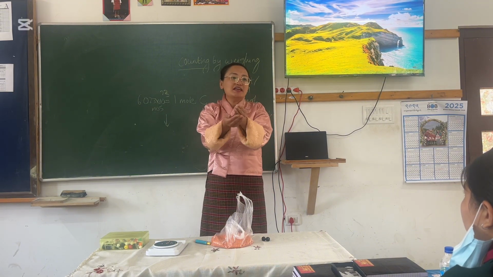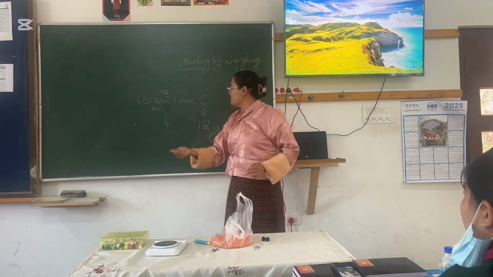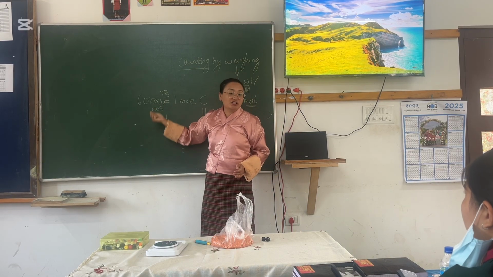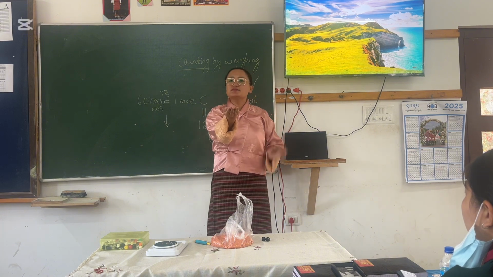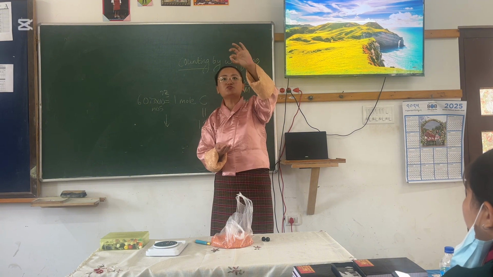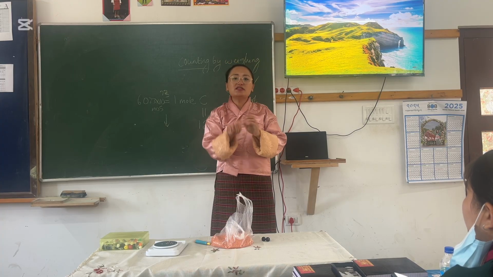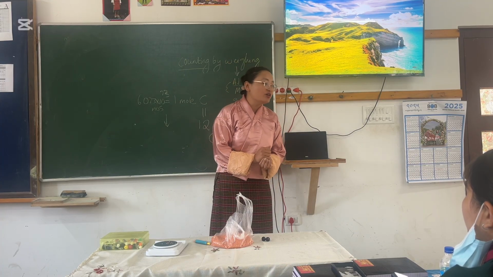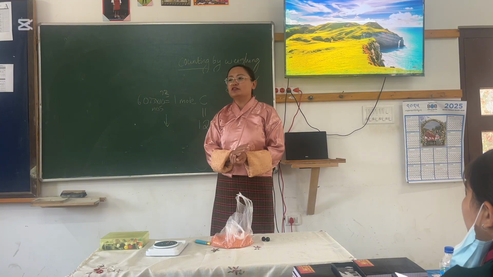So you see here, in this 12 grams, imagine you have this many carbon atoms, which means that our atoms are really, really small. You can't imagine anything smaller than this, right? So in that 12 grams, you have this many carbon atoms, which means our atoms or molecules are really, really tiny.